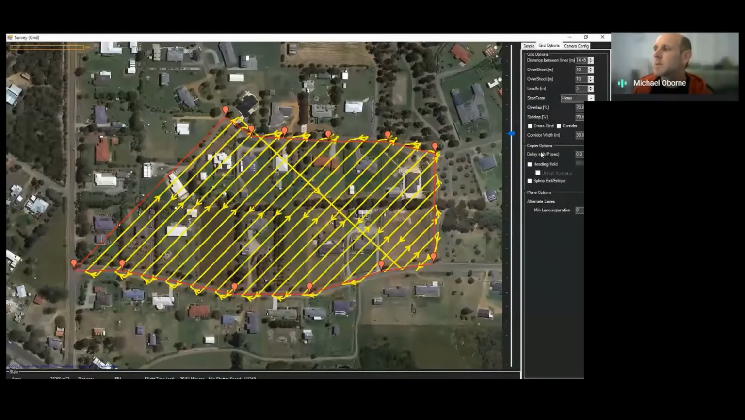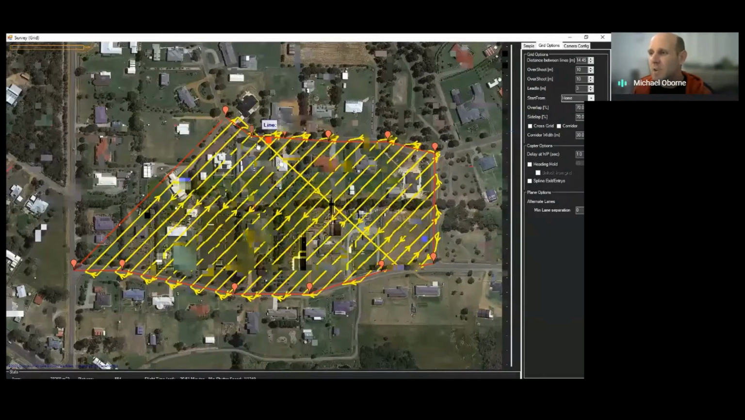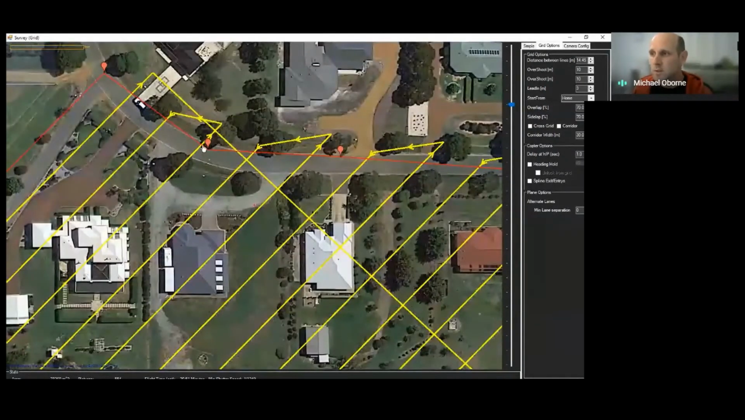Okay, so the next options are the copter specific options. Delay at waypoint: what you can do here is if I set this to 1, when it flies to the end of the line, it'll stop for 1 second and then continue on to the next line. Where this helps is when you want more control, and sometimes ArduCopters will not take a photo,